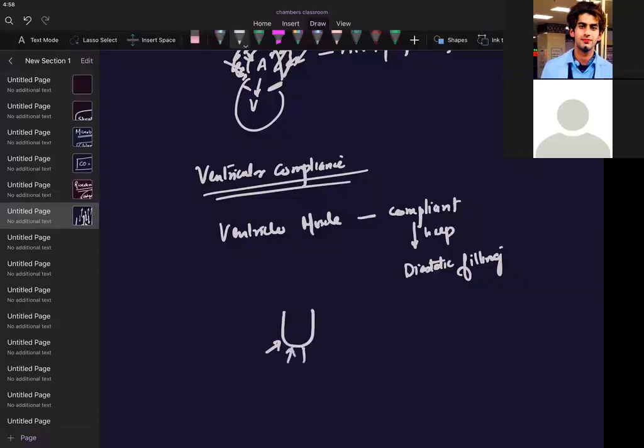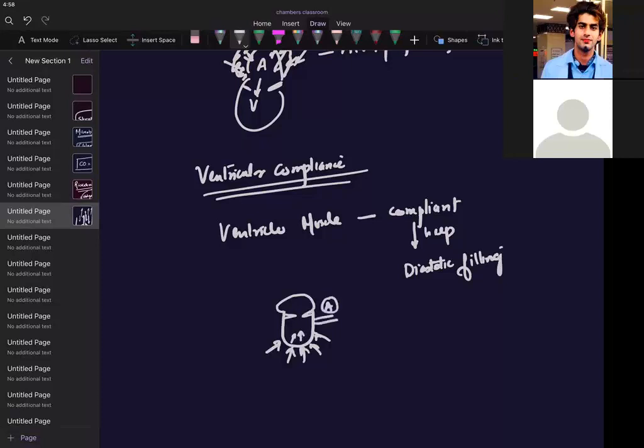drawing a ventricle. I don't want to waste time in making diagrams. It's so simple, so easy to understand from small diagrams. Okay, it makes life easy. So if you decrease the area occupied by the ventricle right now in the systole, what will happen? You are not filling, you are actually contracting and throwing the blood out from the aorta.